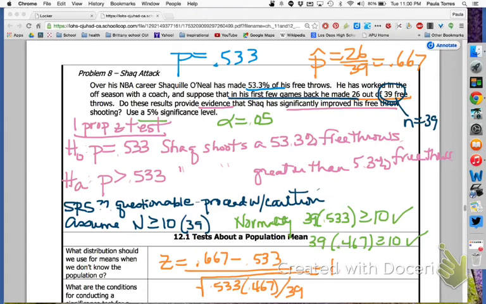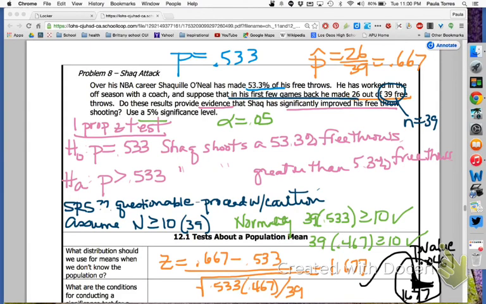And so I get 1.677, and when I draw the picture of it, of course that places it over here, leaving out some details because I'm kind of squished for room. And I would shade to the right, and since this is a one-sided test, I'm not going to need to double. And of course I can use normal CDF to go find this area. We've been doing that since chapter 2. And I get an area, which is my corresponding p-value, of